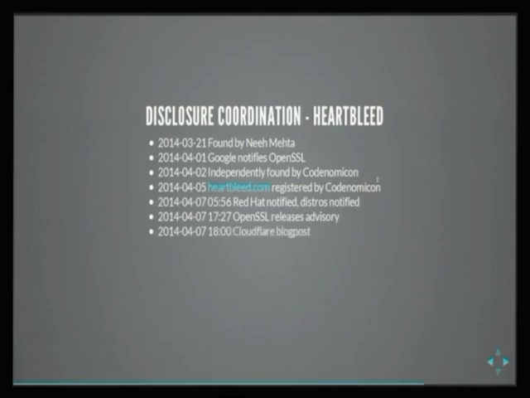At 6 o'clock, Cloudflare published their blog post, again for good PR. An hour later, Heartbleed was a good spark in the panic that followed. And 2 days later, we hit an agreed upon common release date, right? So that's how it goes.